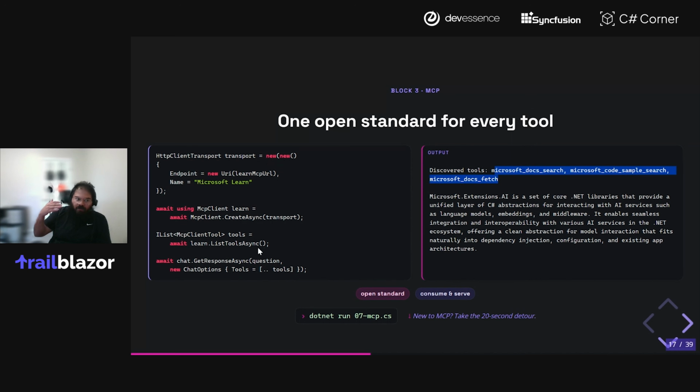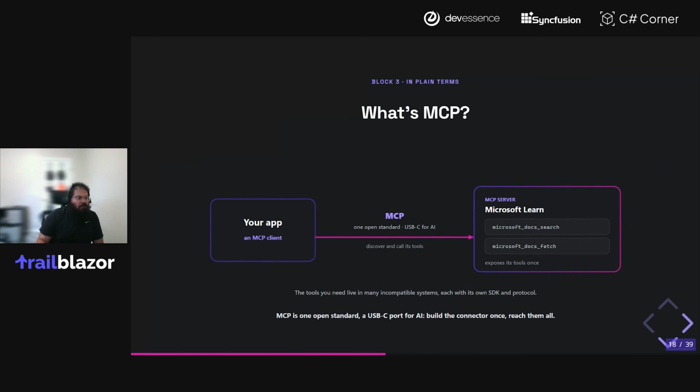So the primitives compose to make these integrations feel seamless, regardless of what provider you're using. It really makes a cohesive narrative across the board and a set of reusable patterns. So again, what is MCP? You have your app, and in this case, we have a client. Of course, you can also implement the server itself using the MCP C# SDKs, but in this case, we were just using it as an MCP client.